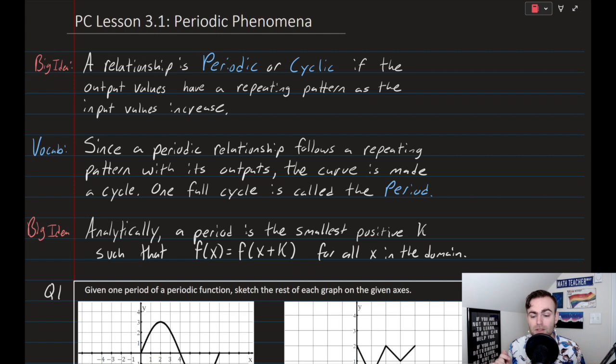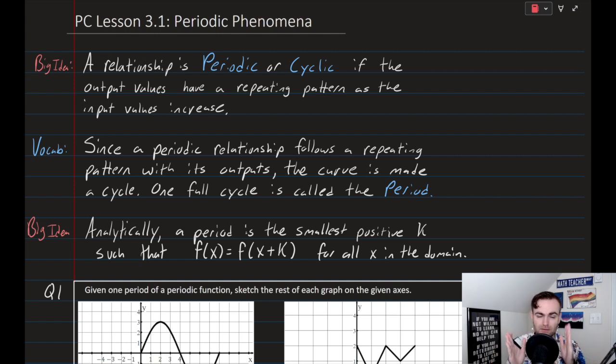inputs move forward. So you can think of things like the tides, moon phases, temperature, or even light waves and sound waves, which use and follow periodic phenomena properties. So we're talking about periodic relationships, anything that follows a repeating pattern, one